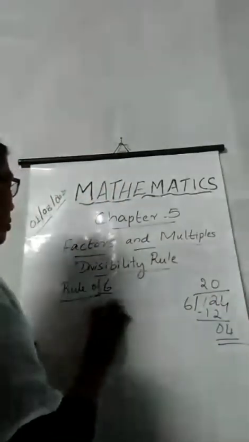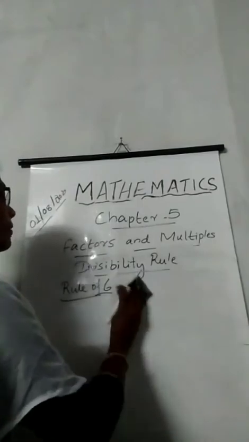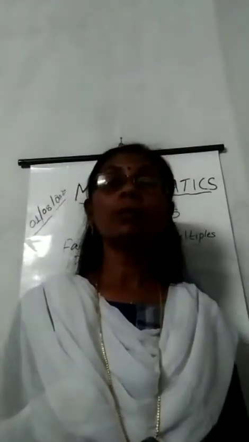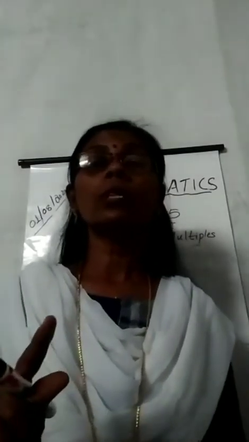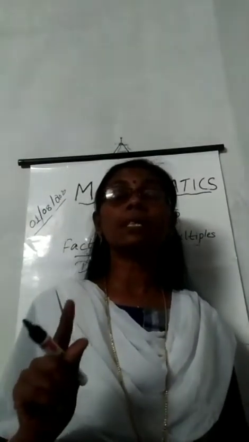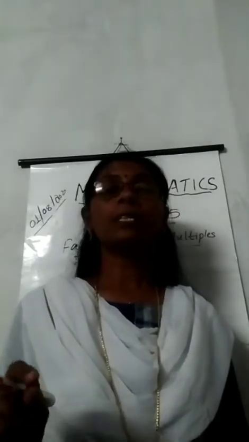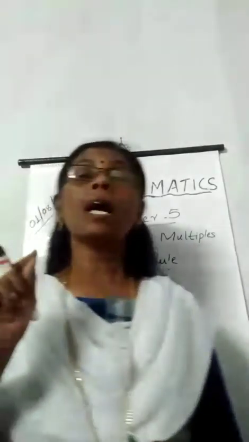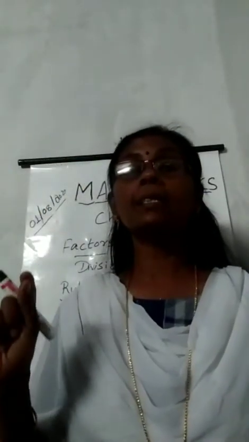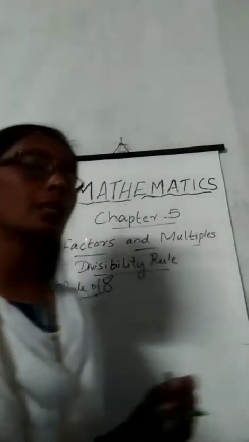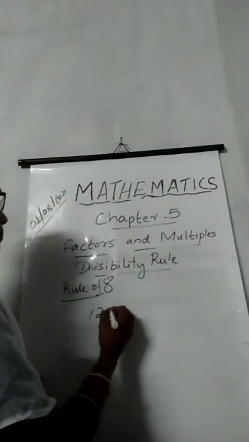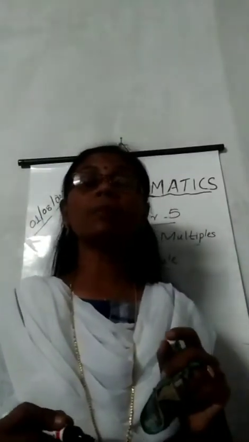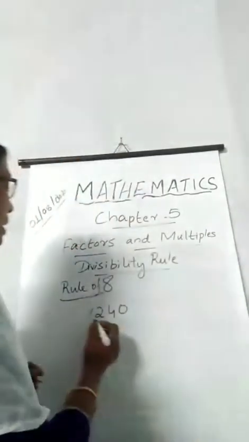Now there is no divisibility rule for 7. Now we'll move on to the rule of 8, which is similar to the rule of 4. In 4, we look into the tens and ones place digits only. But in the divisibility rule of 8, we will look into the hundreds, tens and ones place digits together. So let us take an example, 1240, and check whether this number is divisible by 8. So take the last 3 digits,